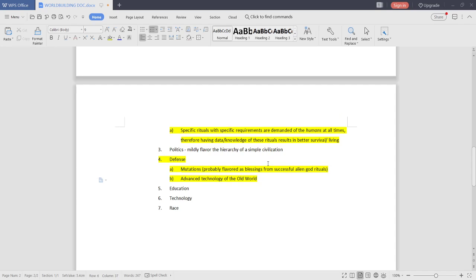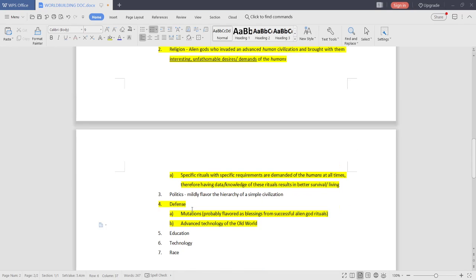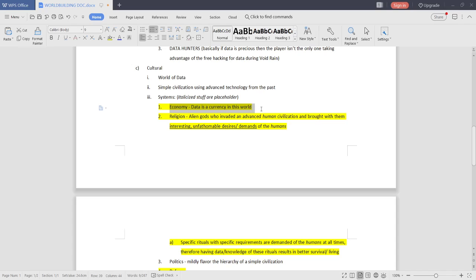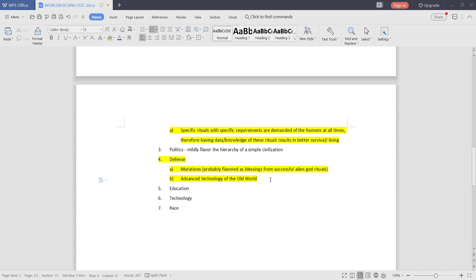Hmm, well, these are still super broad and generalized flavors of defense, but in theory we want to make these more specific. Although I guess that's another step we could take later, because so far we've just been doing the broad strokes. Yes, we want to talk a lot about economy in this game because data is a currency in this world, so there'll be a lot of mechanics on that. Same with religion and same with defense. So I'll detail these later. But for sure we're going to have a lot of details about the defense, or maybe replace defense with combat power.